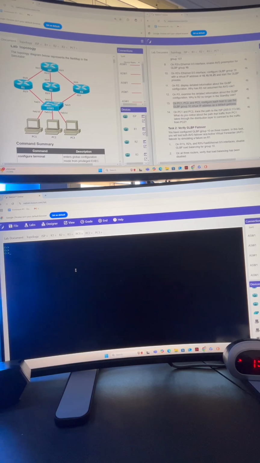You can still see what the output was supposed to say, but some of the words were cut off. So let's go ahead and resume on question number 13. It says on PC1, PC2, and PC3, configure each host to use the GLBP Group 10 virtual IP address as a default gateway. All right, so if we do an IP config / default gateway, we can do the IP address of